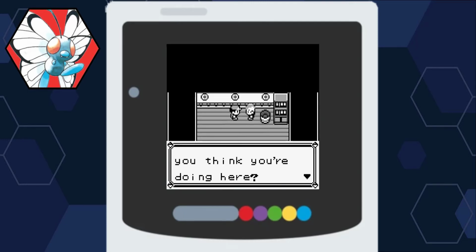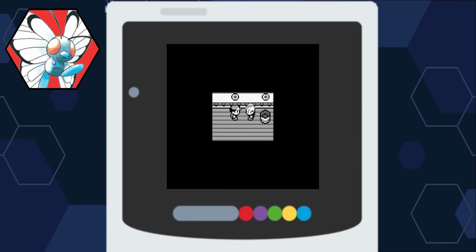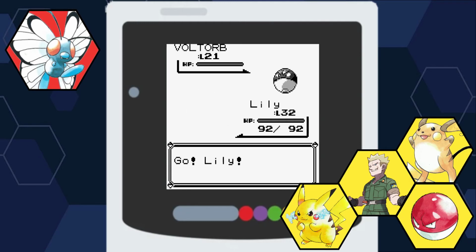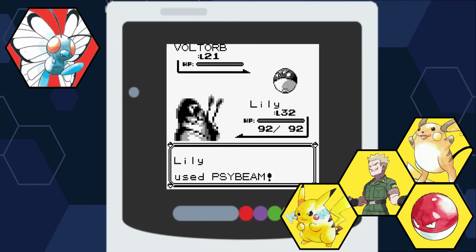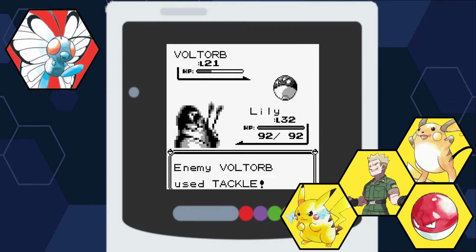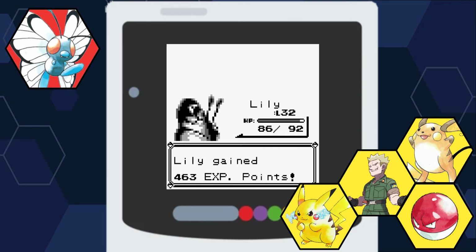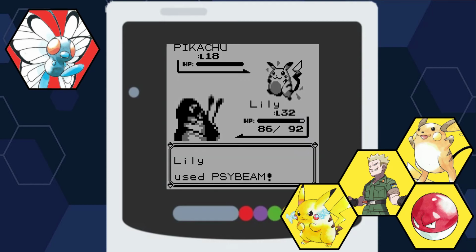So we return to the gym. This time we should hopefully be ready. Surge opens the battle with his Voltorb as we take it out in 2 Psybeams. Pikachu's out next and goes down to a single Psybeam, meaning we aren't paralyzed going into this Raichu fight, which is a nice change. We get lucky and he doesn't Thunderbolt us in the first turn as Psybeam lands for